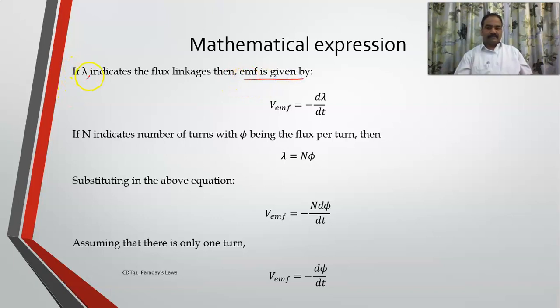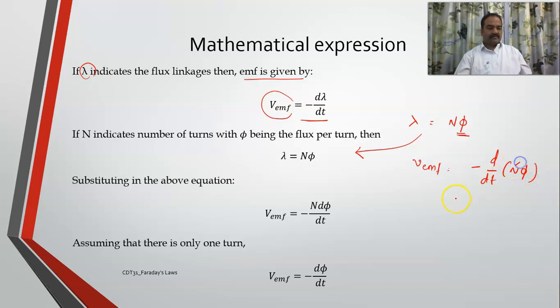Let us suppose this indicates the flux linkage psi. The induced EMF is equal to minus d psi by dt, and the flux linkage is equal to the number of turns times the flux per turn. This is the equation here. So now your equation becomes,